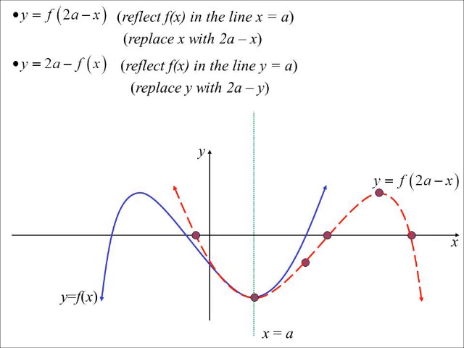Whereas y equals 2a minus function x, not a minus function x, but 2a minus function x, will reflect in the line y equals a. So a similar idea, I'm replacing y with 2a minus y, if you like. So if I graph that over,